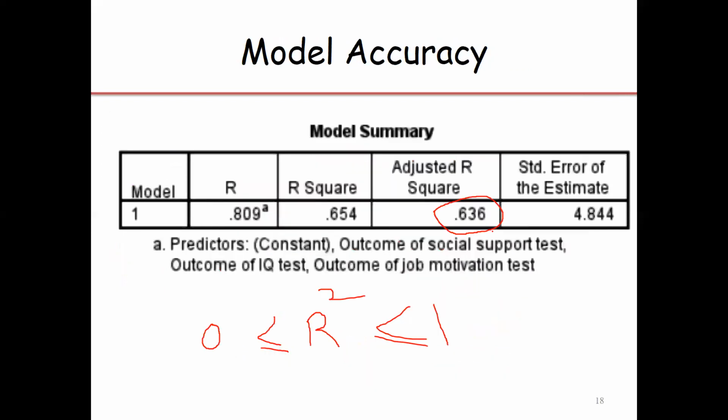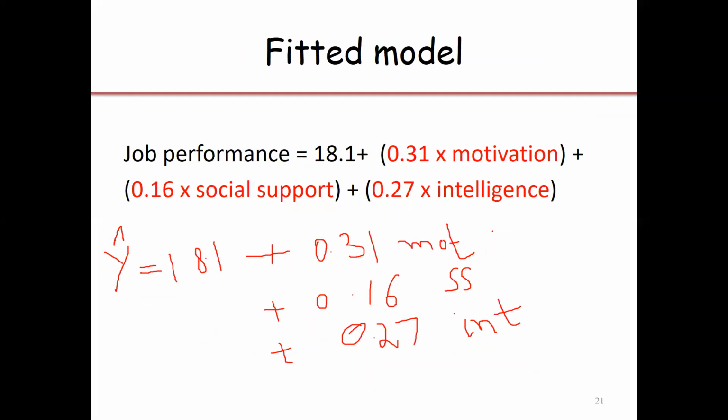Finally, I am concluding this presentation. In this presentation, one complete case is implemented in SPSS, in which the job performance of employees is estimated with the help of three predictors: motivation of the employee, social support, and intelligence. This model indicates that all the predictors have positive slopes, or positive betas. That is an indication of a positive correlation with performance. That's all for this lecture.